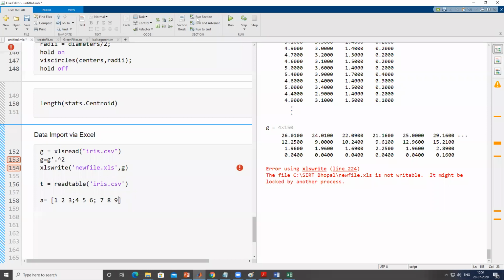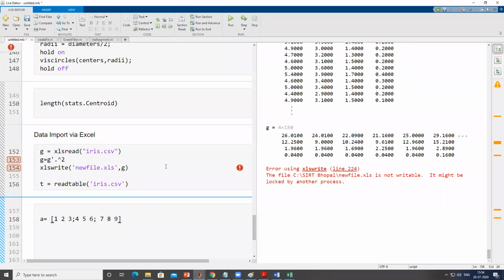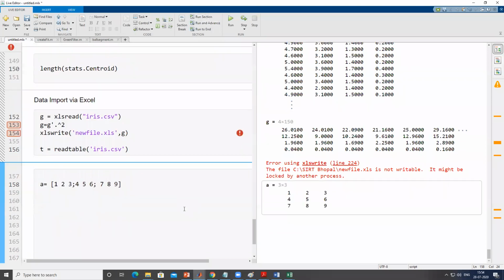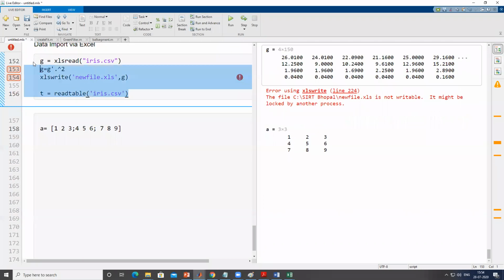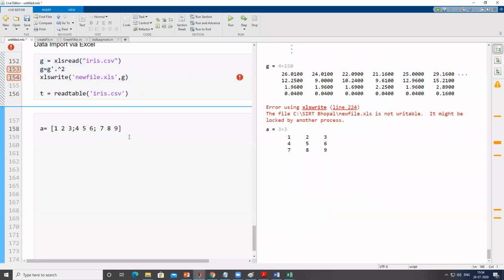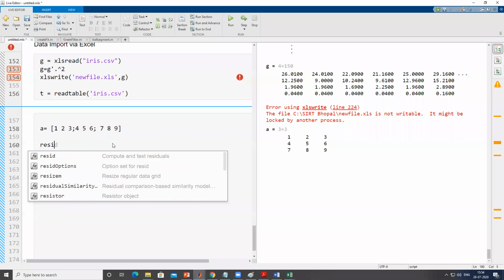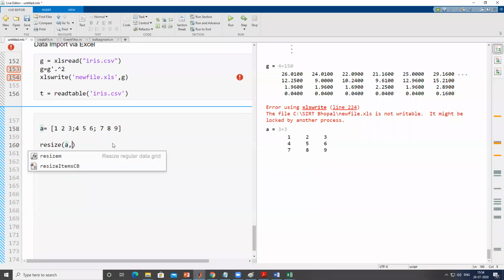Okay, so your problem is like this one. If I apply a section breaker here, you want to vectorize this information basically. That is your objective, I guess. You can easily do it by using the resize command. So what I will do, I'll say resize A into a 1 cross 9 dimension, and I'll take the transpose of A so that it will do the way you want, and run this section.